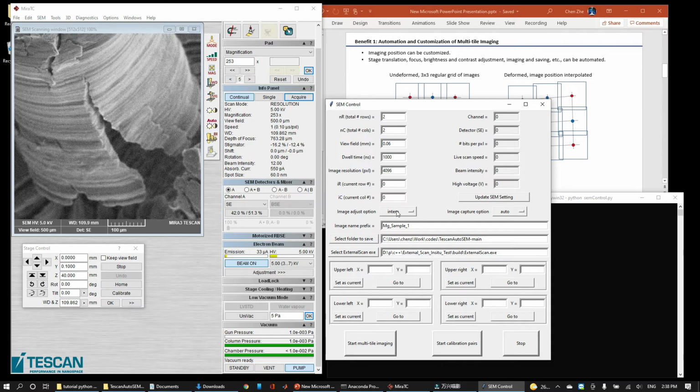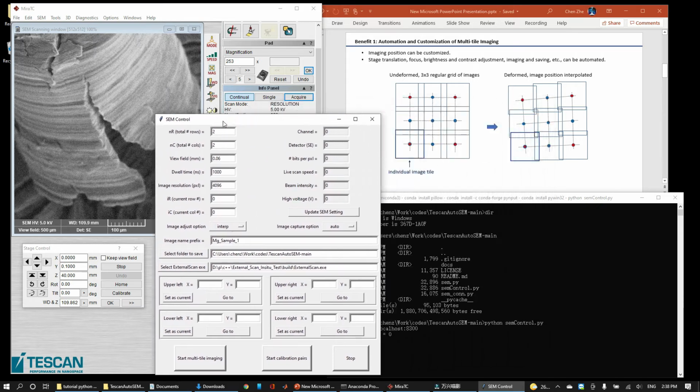For the other imaging positions, how do we want to adjust the brightness, contrast, stigmation, and focus? Here we have three options. Auto means use a built-in Python function for automatic focus, basically. But it seems that the Python function has some limitations. So another option is to use this interp.